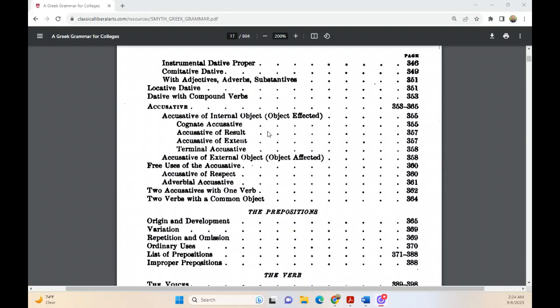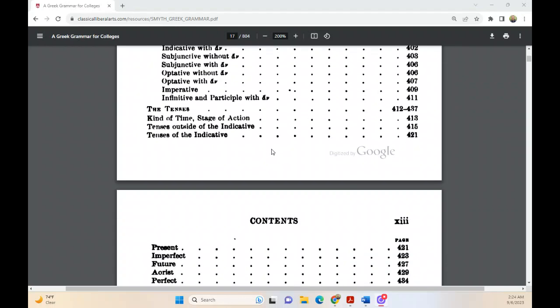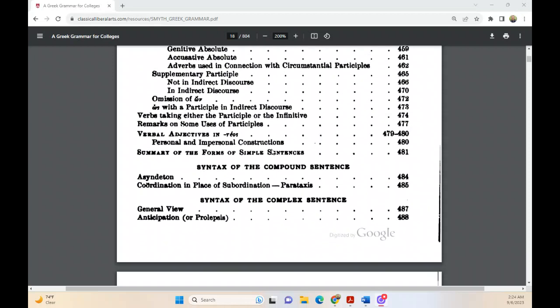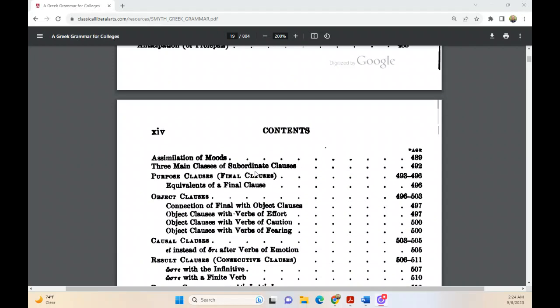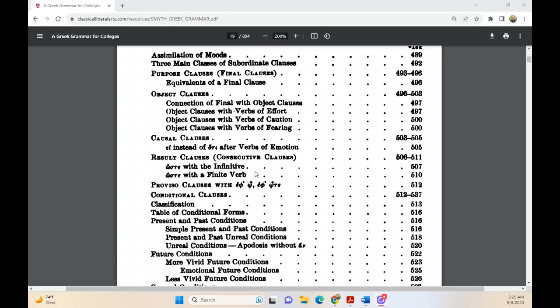So all through syntax, the prepositions, the verb, the other parts of speech, and that will bring us all the way through to the end of syntax here, which is the third part of grammar. And then